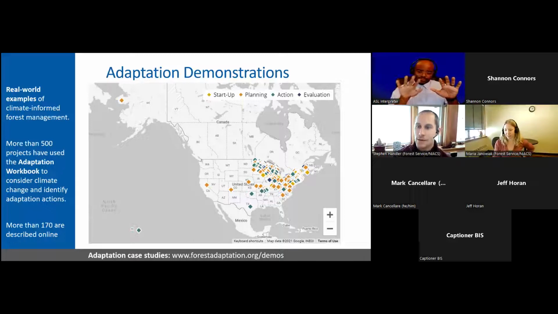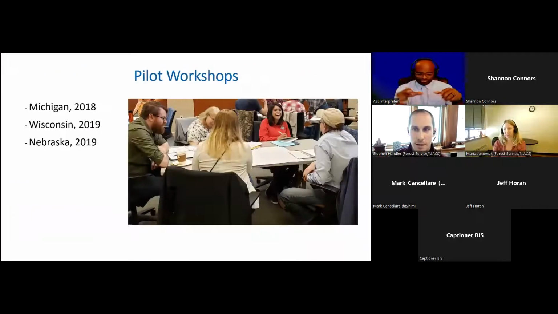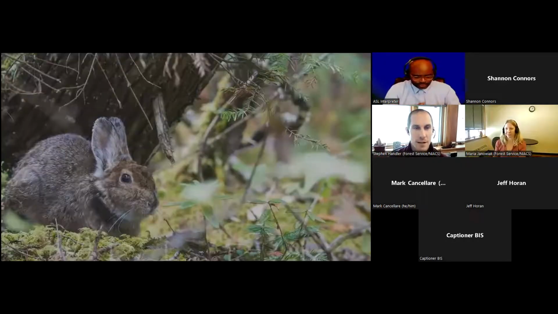There are some dots outside of that footprint because we routinely work with partners in other places around the country when asked. Primarily that's to help share our tools and resources through partnerships that go outside of the Midwest and Northeast, working in concert with the USDA climate hubs or other organizations like that to build capacity outside of those regions. So that's a little geography explainer.